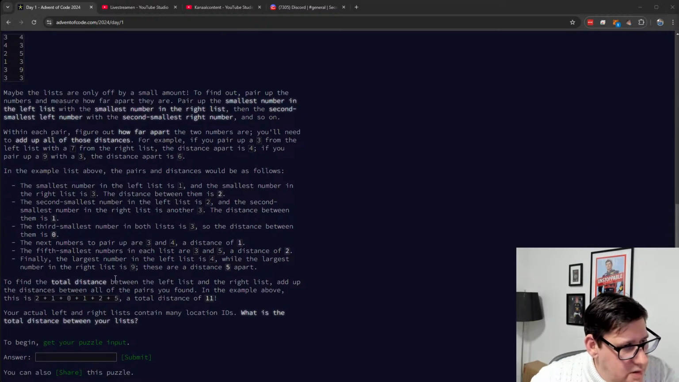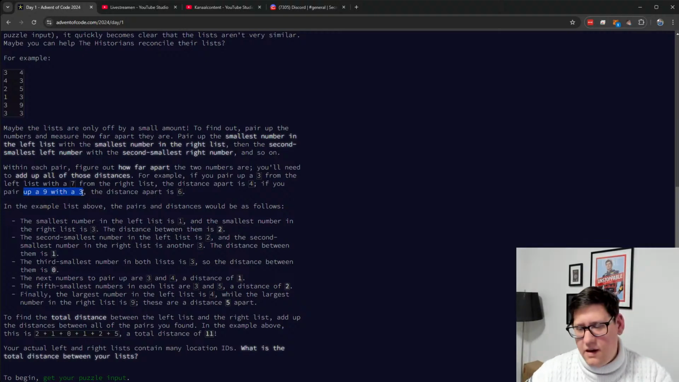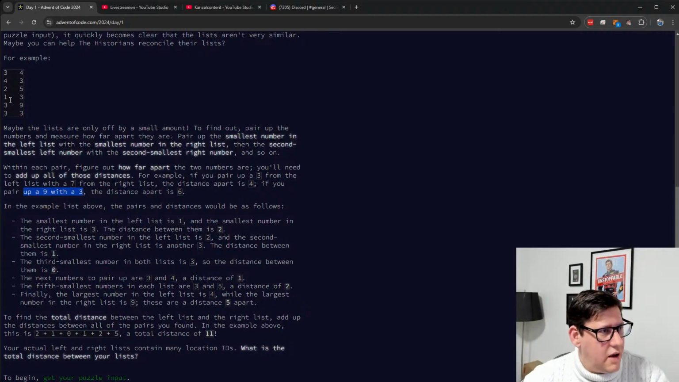Find the total distance between all the left lists and the right list. Add up the distances between all of the pairs you found. In the example above, this is 2 plus 1 plus 0 plus 1 plus 2 plus 5, total distance of 11. Okay. Your actual left and right lists contain many location IDs. What's the total distance between your lists? Okay. This example here already makes me think, because my initial thought is like,